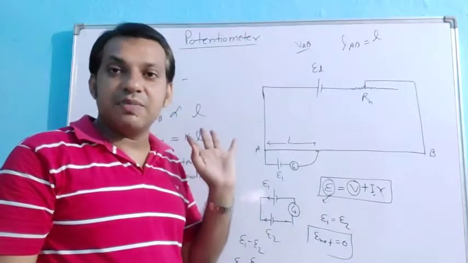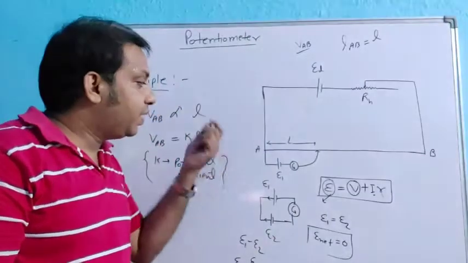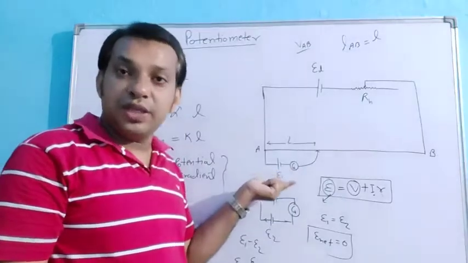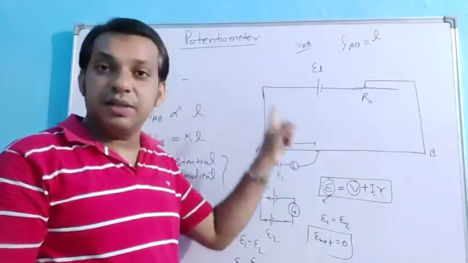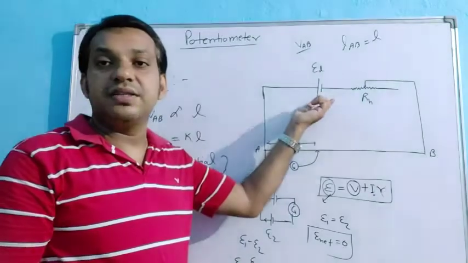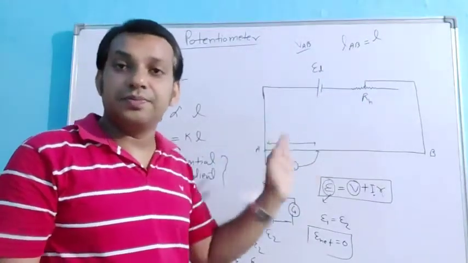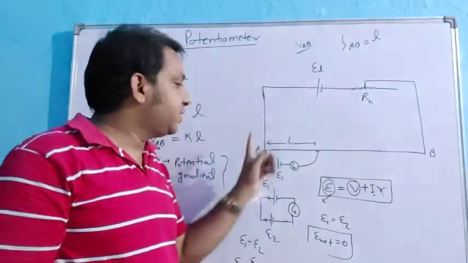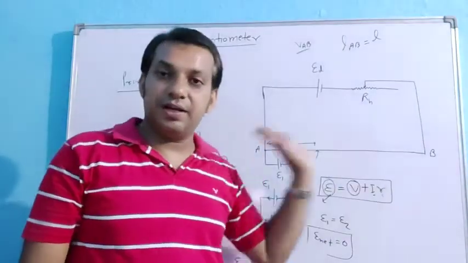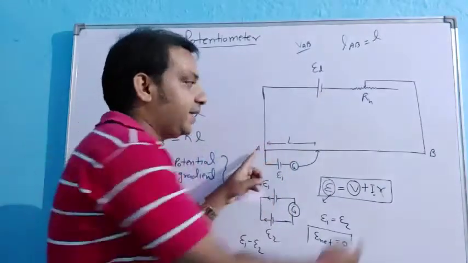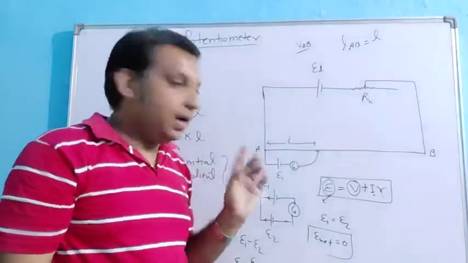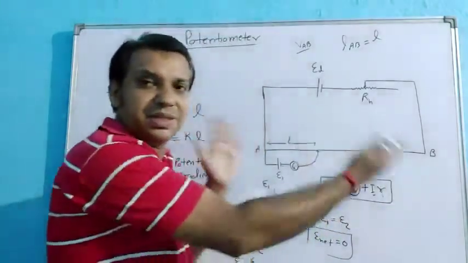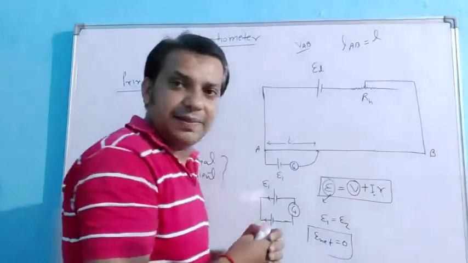That is why it is asked many times in the board examination whether it is possible to measure the EMF of a cell whose EMF is greater than this driven cell EMF. So the answer is no, because this driven cell is producing the potential difference across this AB wire. इस ED की वजह से AB के क्रॉस पोटेंशियल डिफरेंस बिल्डअप हो रहा है. अगर हम इस पॉइंटर को L को इंक्रीज करते जाएं, स्लाइड लेंथ को इंक्रीज करते जाएं, तो मैक्सिमम कितना ले सकते हैं? मैक्सिमम इसकी पूरी लेंथ ले सकते हैं.